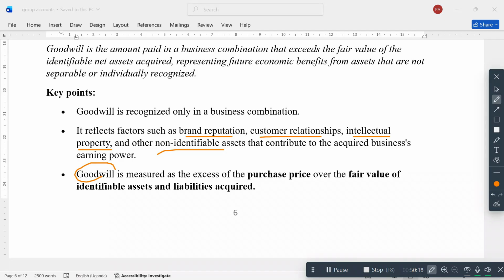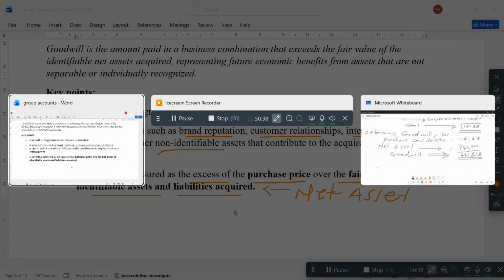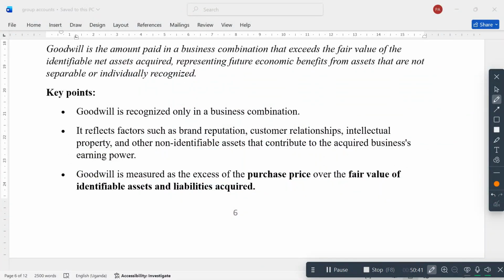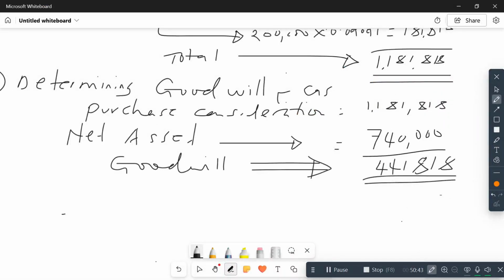Goodwill is measured as the excess of purchase price over fair value of identifiable assets and identifiable liabilities. That is our net what? Our net asset. That's why we are saying our goodwill here is purchase price, that is purchase consideration, minus net asset. That is purchase consideration, that is purchase price, minus net asset, that is identifiable assets minus identifiable liabilities. Hope that is very clear. However,